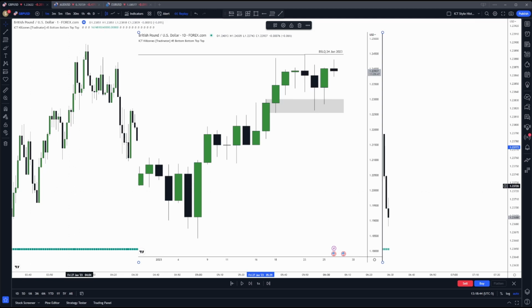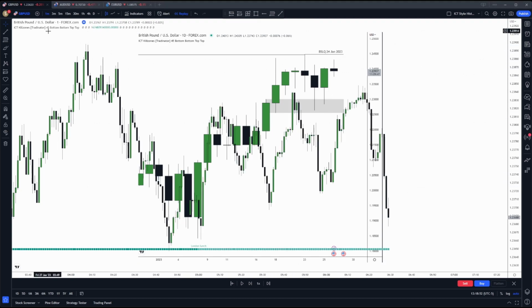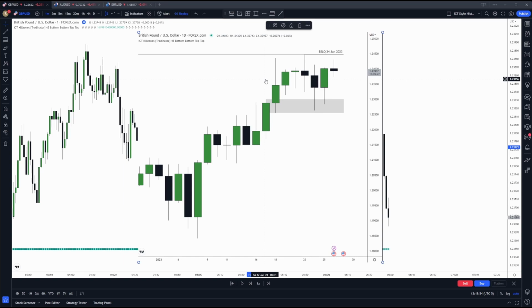What's up, traders? Today we are going to talk about two trades that I took on Friday, the 27th of January. To start off, it is on GU, and we are currently looking at an analysis that I dropped in